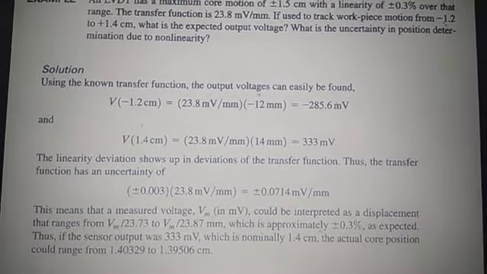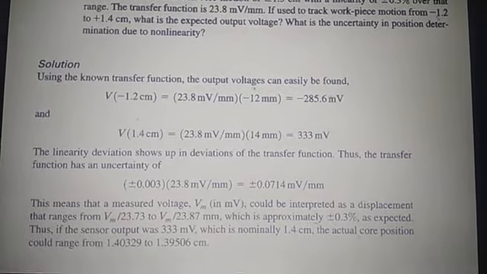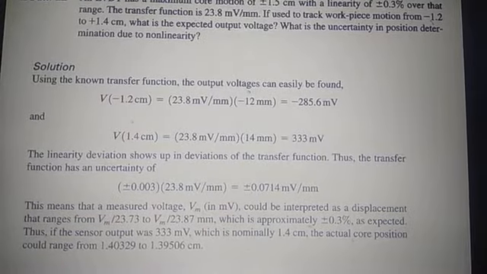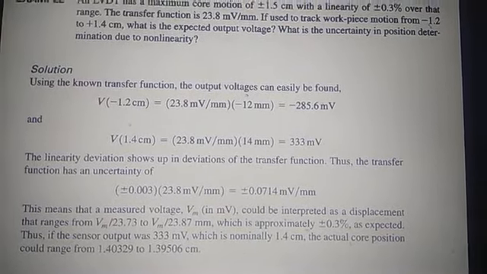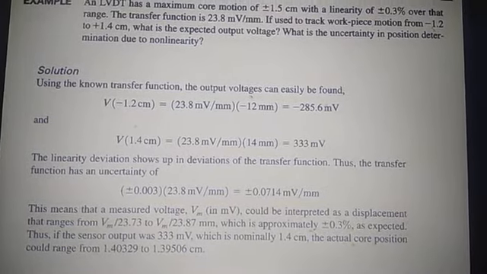Thus, if the sensor output was 333 millivolt, which is nominally 1.4 centimeter, the actual core position could range from 1.403 to 9